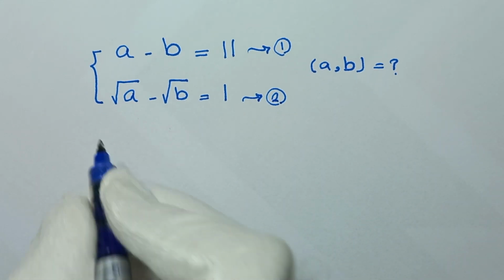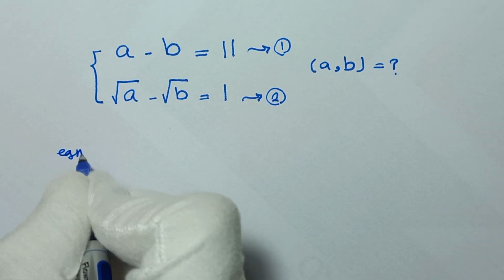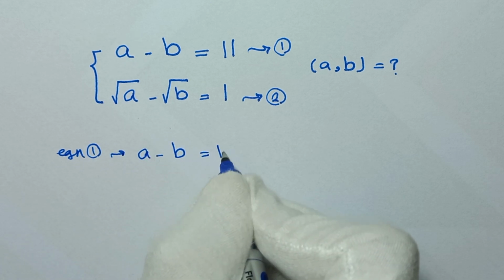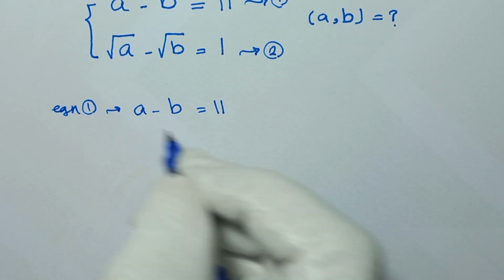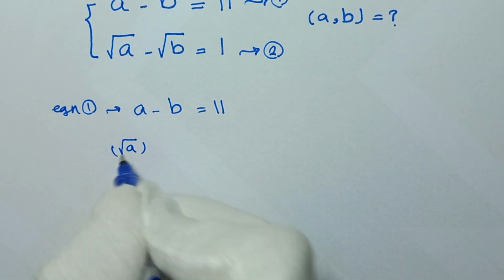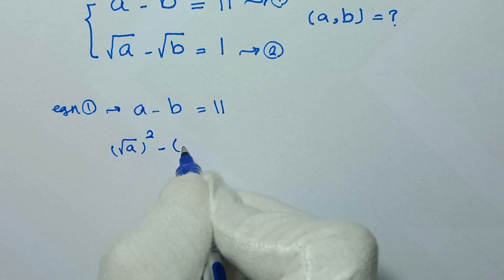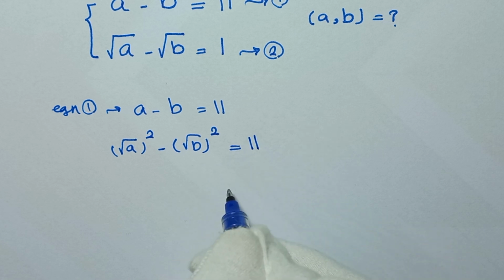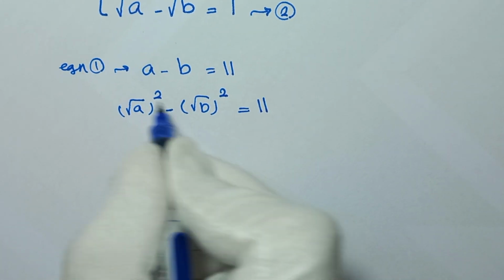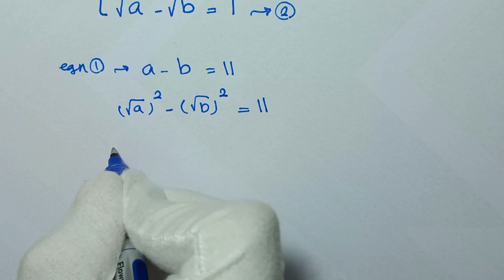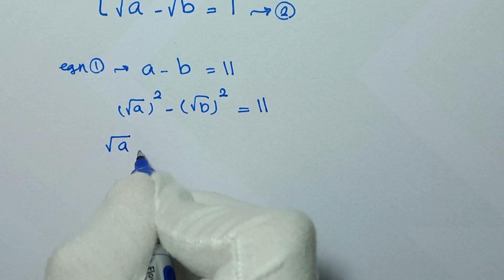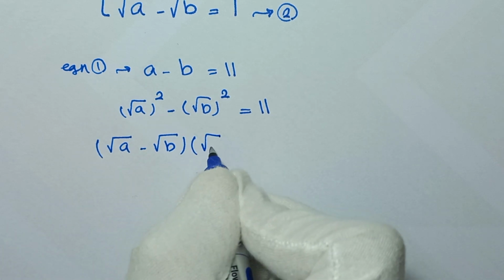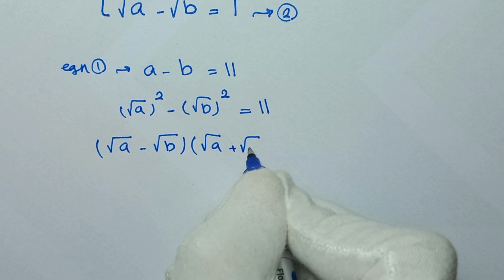From equation 1, we have a minus b is equal to 11. Here we can write a as the square root of a to the power of 2, and b as the square root of b to the power of 2, equal to 11. And this is in the form of a difference of two squares, and we can write this as the square root of a minus the square root of b times the square root of a plus the square root of b,